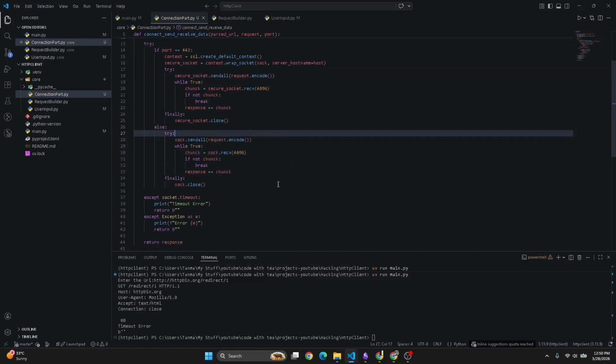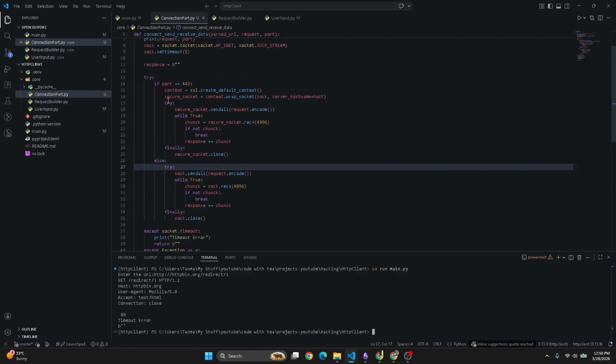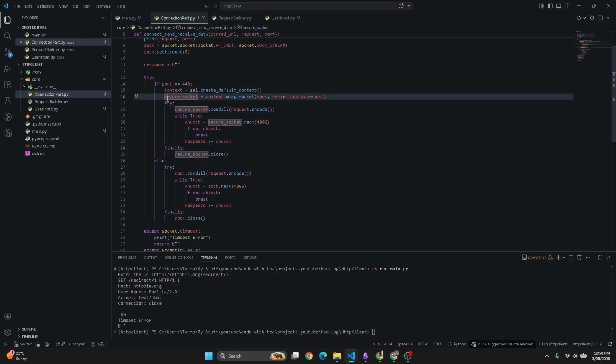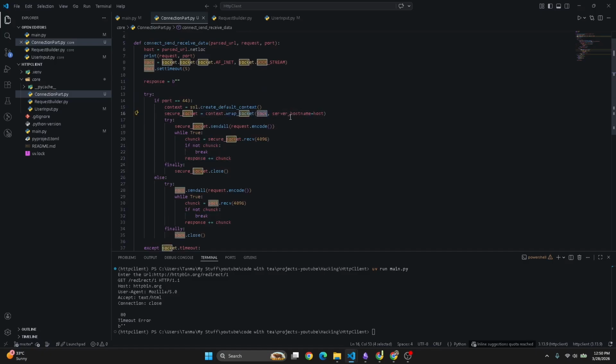Now let's check it again. That should be the problem, but that shouldn't have been the problem because it was here, and we are running this part, right? So I created a context. We made it secure. We made the connection secure. I gave it a sock and the host. We try secure send all